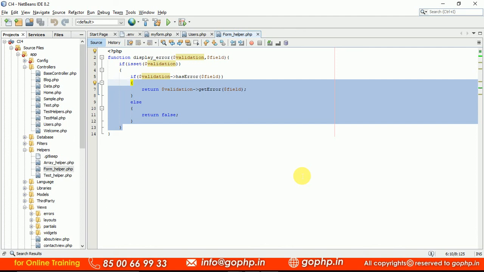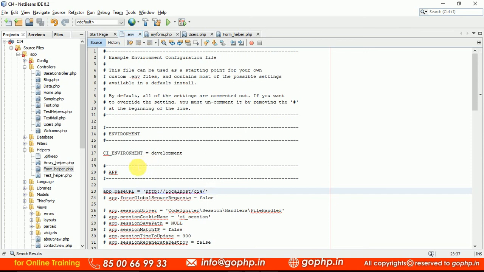I have to discuss this now, because in the next sessions we are going to move on to database operations like registration form, login form and CRUD operations. All the environments we are going to discuss. This is a better time to discuss the development environment and production environment. When you are moving this application to a live server, just keep this hash and make the value production, or just keep it in the comment, that's enough, right?